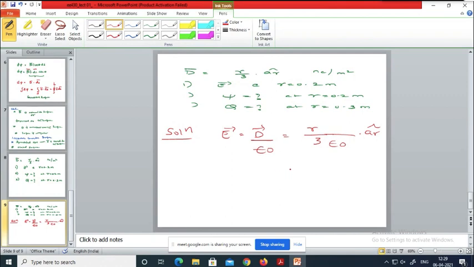R value have been given. Substitute the value, you will get the answer. It is 0.2 meters divided by,